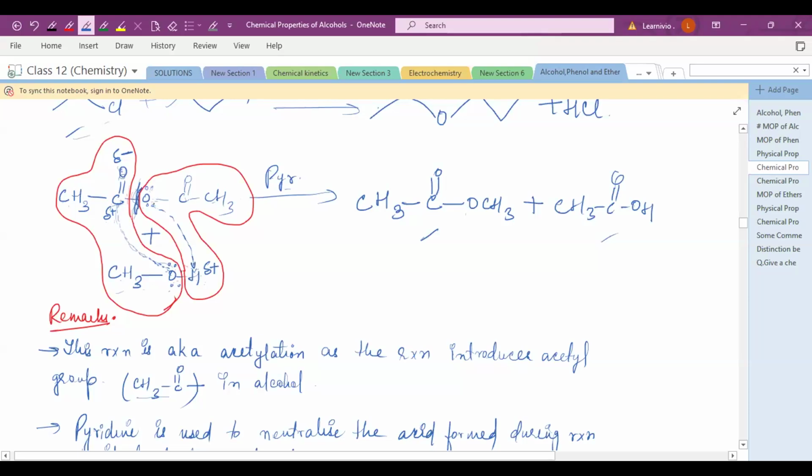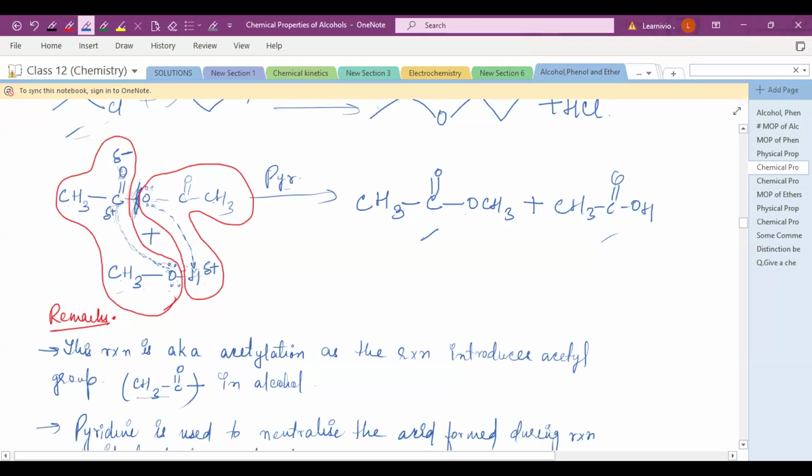Okay, from both the cleavage you will get the same thing. So this oxygen, you have to remember this trick or mechanism. This oxygen has a lone pair. It is negatively charged, so it will approach the electropositive atom of the other molecule, and this oxygen will try to approach the other hydrogen which is positive. So the bond will break from here, and this hydrogen will go with this oxygen and it will form